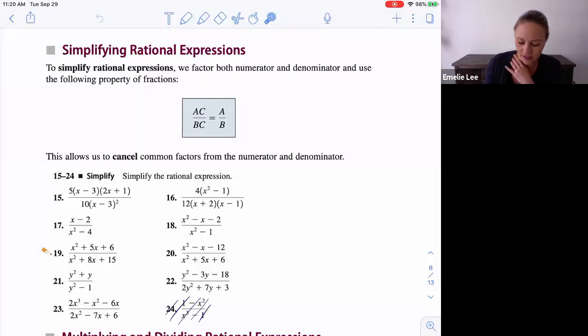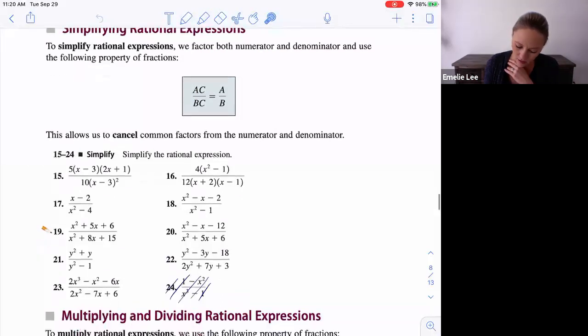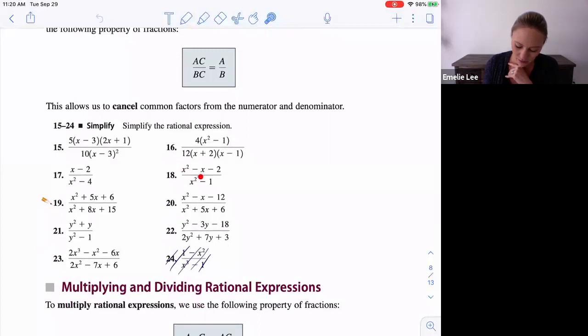But it means that we have to factor. Okay? So what I want to show you guys is kind of an easier way to factor something like this, x squared minus x minus 2. So something that doesn't follow the rules that we established last day, right? The special factoring formulas,